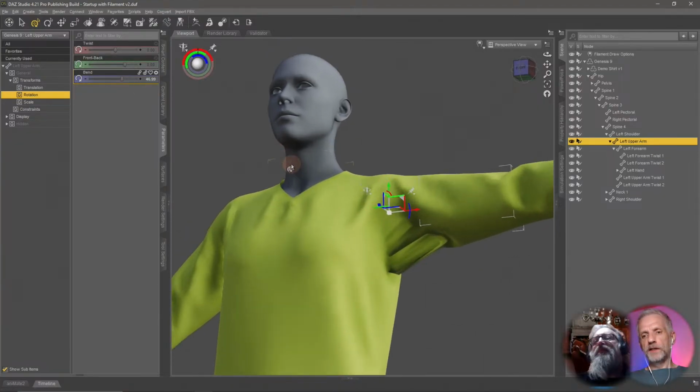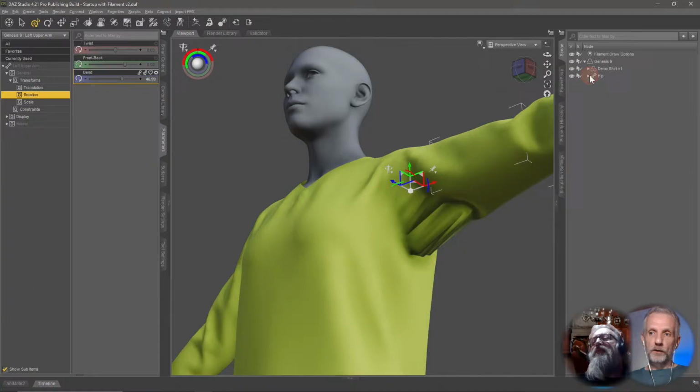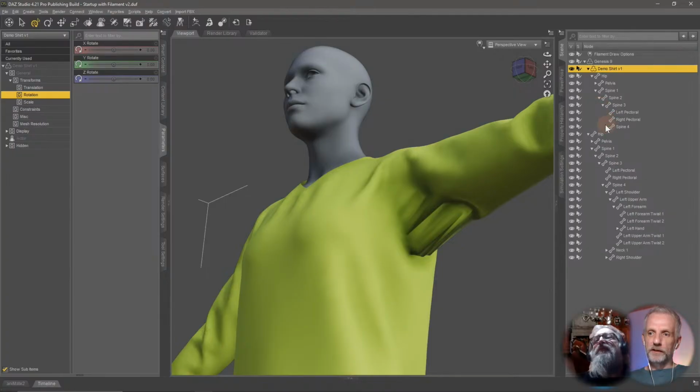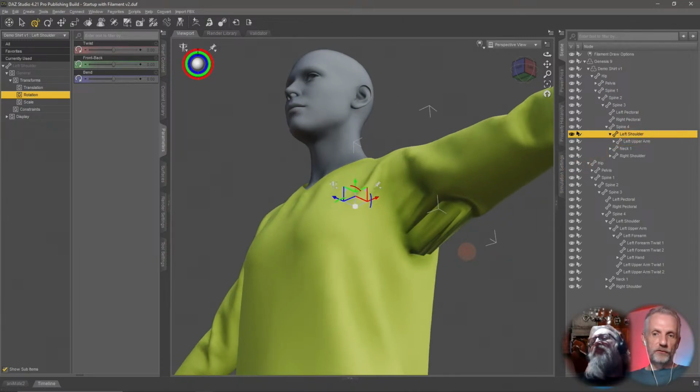And so to figure out where these weight maps are, first of all, they're not on the Genesis 9 figure. I'm moving the joint on the figure and my shirt moves because it's a follower item. But where I actually need to look here is not the Genesis figure, it is on the shirt. So I need to find the same joint on the shirt. That's sometimes a little difficult to figure out if you don't know the Genesis skeleton by heart. So it's on the left. That's the left shoulder here, isn't it? And to point at it